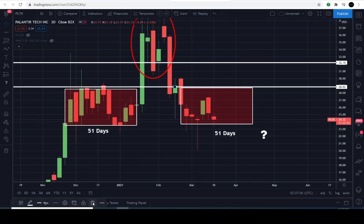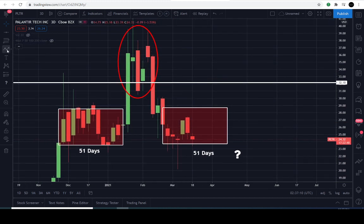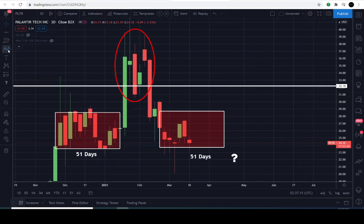But this level is the buyer's obligation level. I know we go over the buyer's obligation level. It's kind of like to protect this lower line. But this buyer's obligation level is to the buyers. If they don't get above this level at about 32.18, I really would be concerned with what's really going on